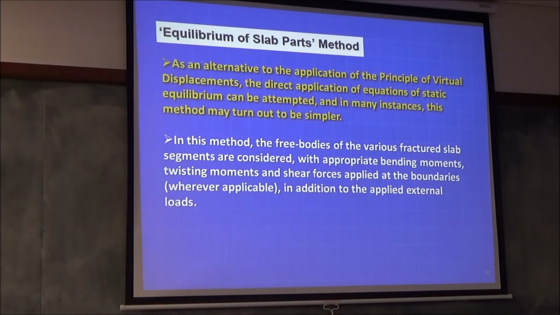There's another method which you can use, but you have to use it carefully. It's called the equilibrium of parts method. It's an alternative. In this method, the free bodies of the various fractured slab segments are considered. So it's of parts. You're not doing equilibrium at every point. With appropriate bending moments, twisting moments, and shear forces applied at the boundaries wherever applicable, in addition to the applied